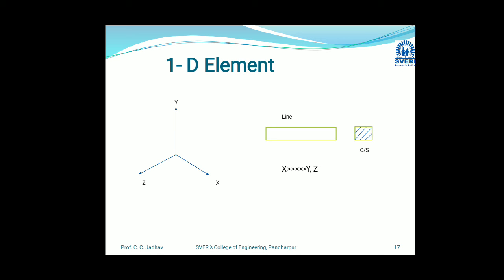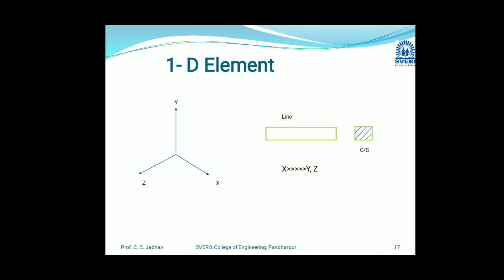During the analysis, the cross-section of this object needs to be provided additionally, because one of the dimensions is very large in comparison to the rest, and that is called a one-dimensional element.